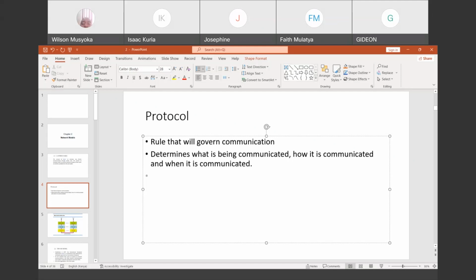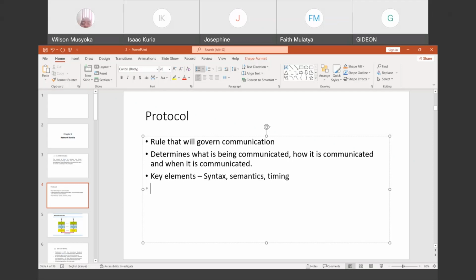The key elements will be the syntax, the semantics, and timing. Those are the key elements we will find in any protocol or any rules.